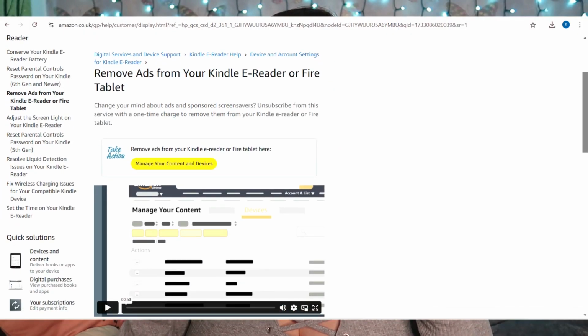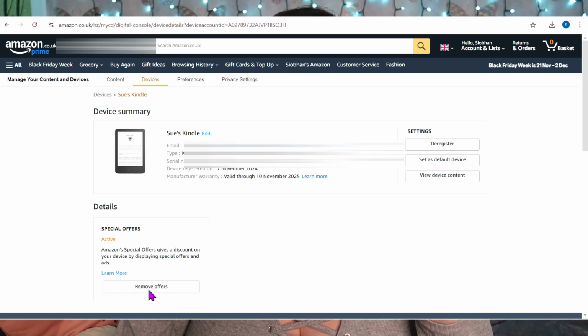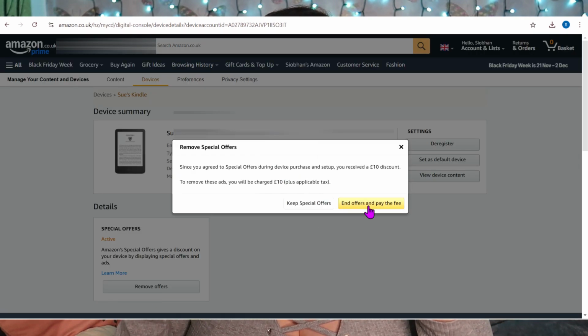Now a lot of people when they first get into Kindles are like, oh, I don't know whether to get the one without ads or with ads, like what's the difference? There's not much difference, to be honest, apart from the price. So if you are wanting to buy ones with ads and thinking, oh, I don't know if I'm going to be able to take it off if I want to, you can. There is an option to go into your settings and click on remove ads in Amazon. However, obviously it will charge you an extra £10 to take it off, but it won't really affect your reading